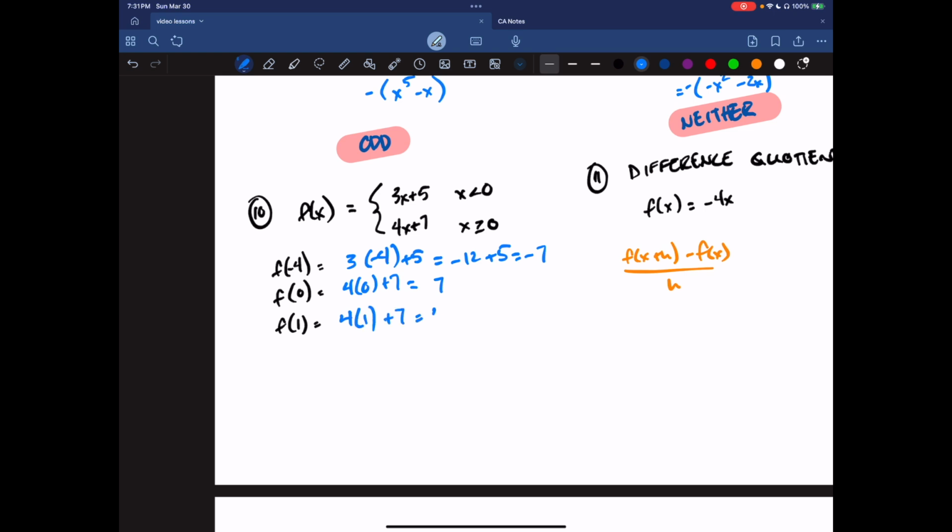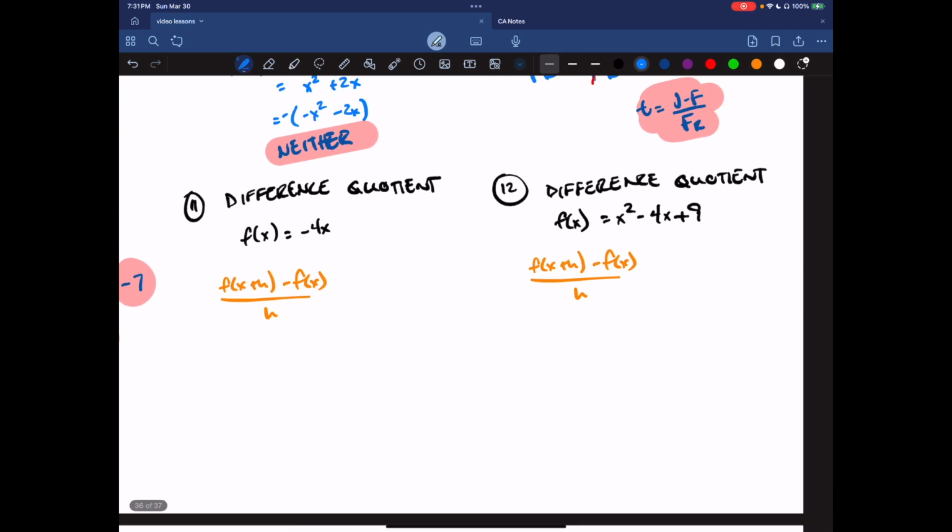So it's going to be 4 plus 7, which is 11. Okay. There you go. Now, on 11, 12, we're going to wrap this thing up talking about this thing called the